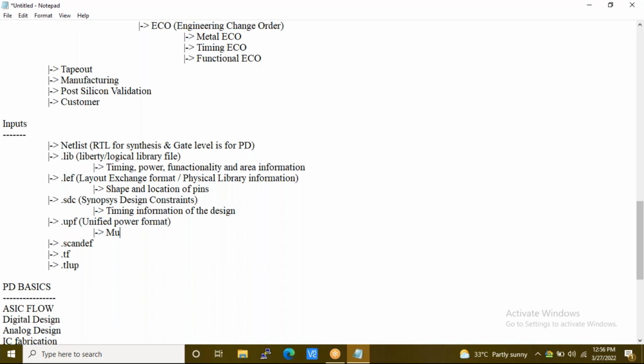Multi-voltage constraints. ScanDEF holds the scan chain information. I'm just giving an overview, because in the next sessions you will get more details and it will become clearer.